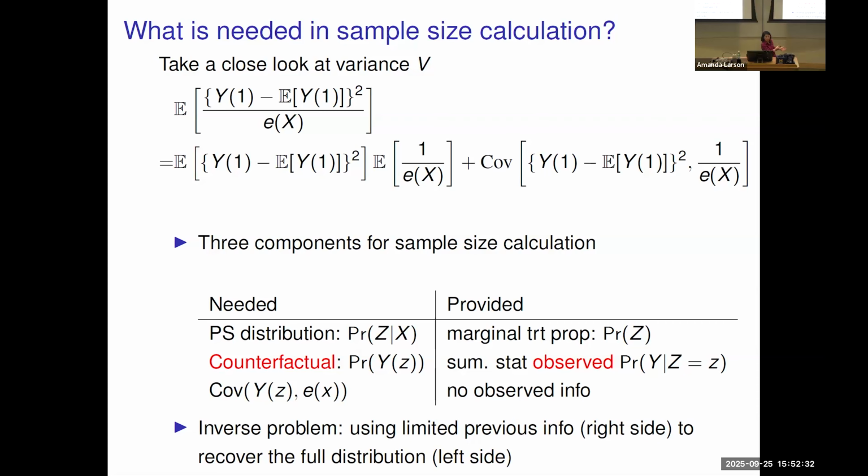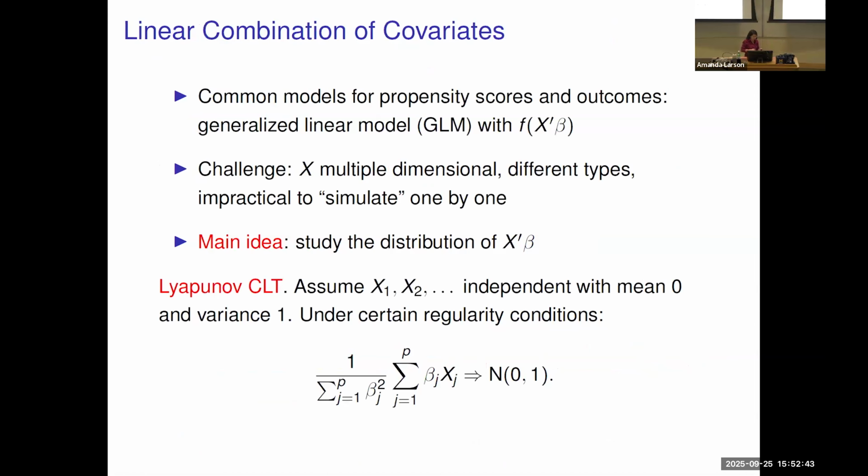Okay, so how do I do that? I'm going to do it one by one. There are three components, and I'm going to attack them one by one. I think the most fun part is the first part, the propensity score. So the first idea is,